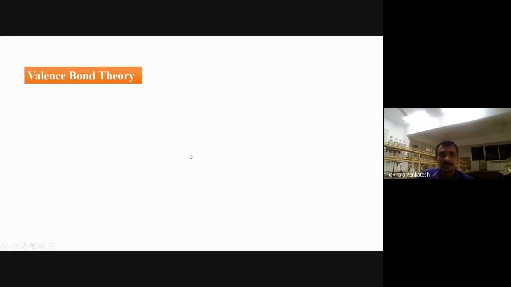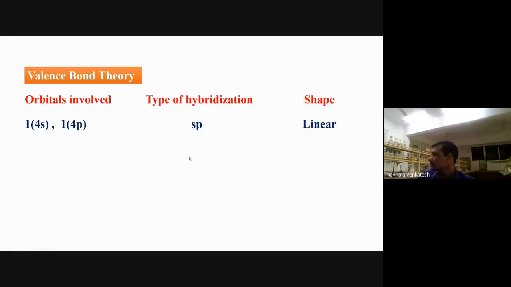Let me see this complex compound now. Now listen better, it is a very simple thing. Leave it, this 4s. Generally we use this 4, but you will get confused if you see it here. The d block elements start from the 4th quantum number only. Now one s orbital is mixing with one p orbital. The hybridization we get is sp hybridization, and the shape we get is linear, right?